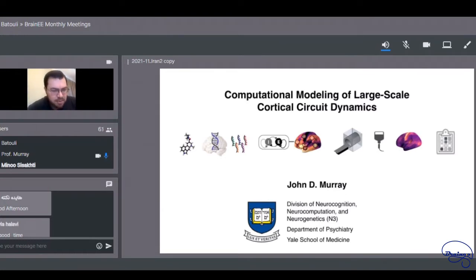And so, as mentioned in the introduction, my background is as a physicist, and I work in neuroscience. My primary appointment is in psychiatry. So my group is at this intersection of physics and computational approaches intersecting with basic neuroscience, with human neuroimaging, all the way to psychiatry. And that's basically the approach I'm going to tell you about today. It's how we can take the perspective of using mathematical computational models of brain circuits and try to bridge across these levels all the way from the molecular to systems level human neuroimaging.